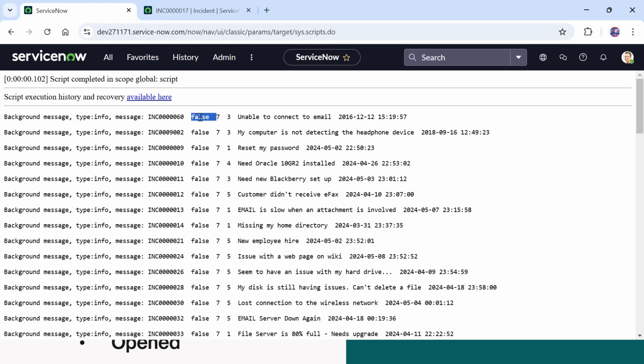Is it active, false or true? Then we have printed the state. Then we have printed the priority of this incident. This is the short description and this is the open date. Now I will go back,